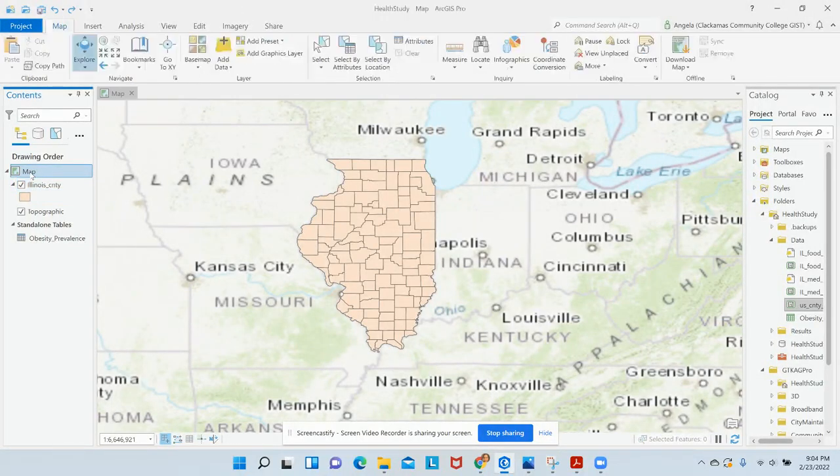The only thing that we need to make sure that we do here is rename this map. So now we've got that labeled as Illinois. Remember also that we have this standalone database here that is associated with no spatial data whatsoever, and that is this obesity database. So let's go ahead and